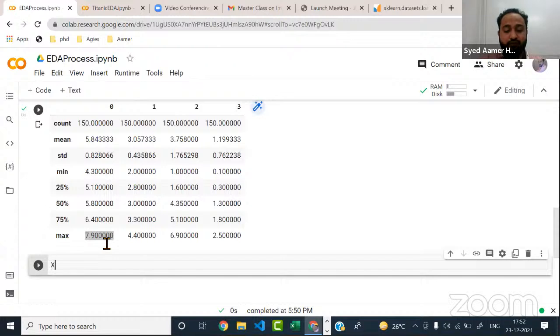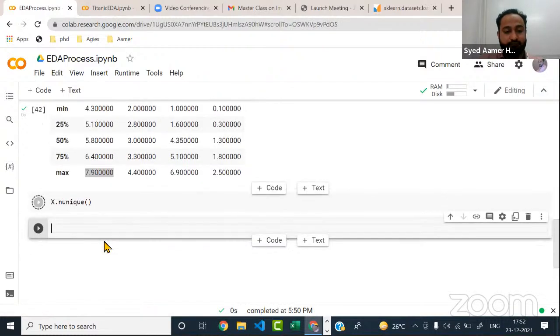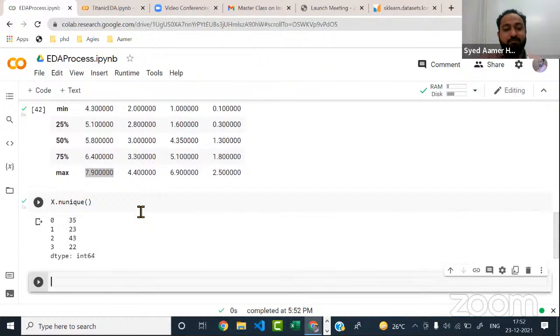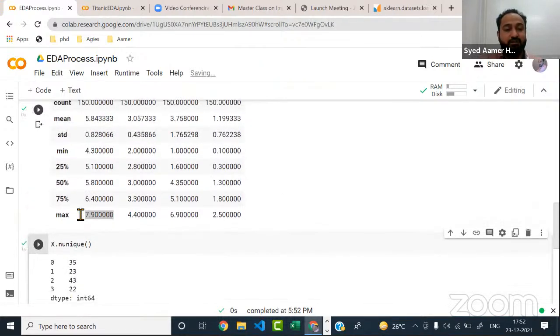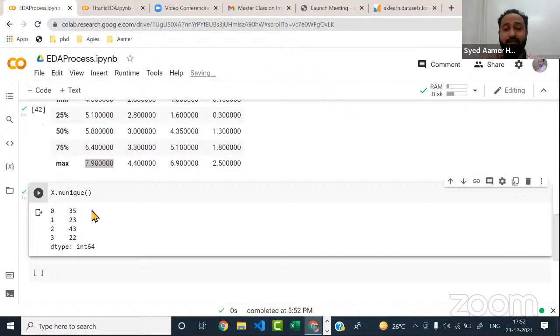Okay, now there's something called x dot nunique, again an important one. It will be giving me the unique values that I have into each column. So out of 150 values that I have into 0th column, I just have 35 unique values.